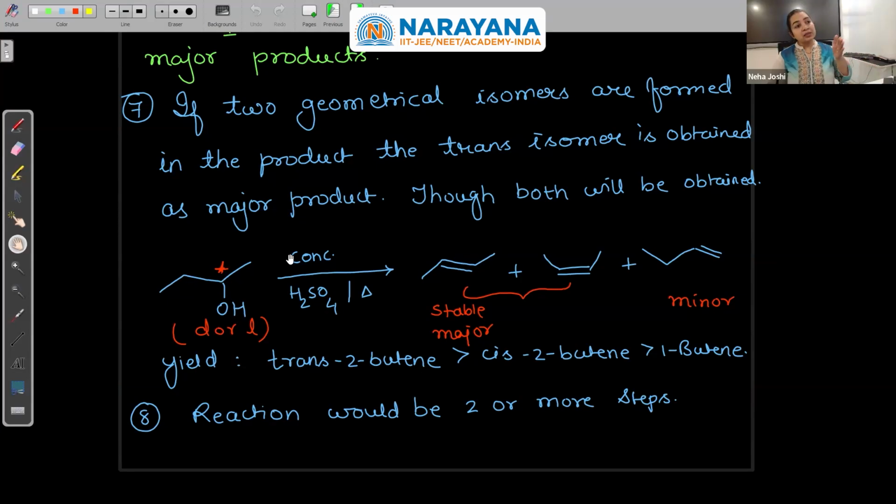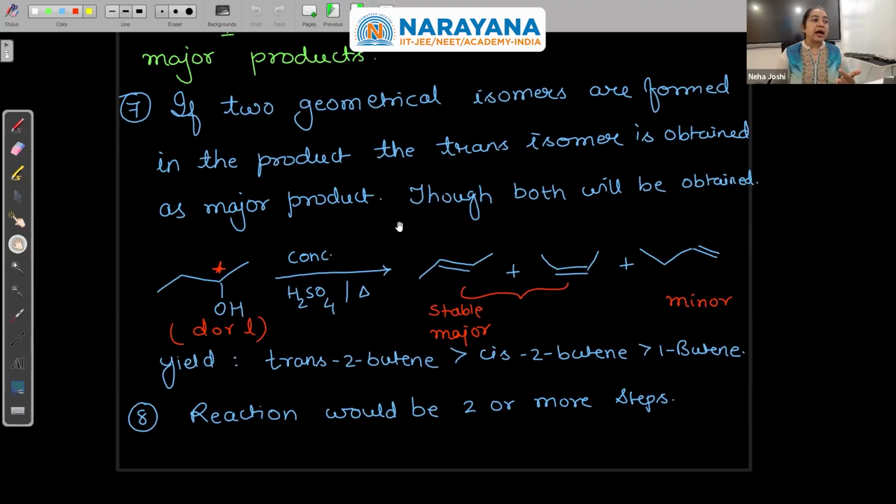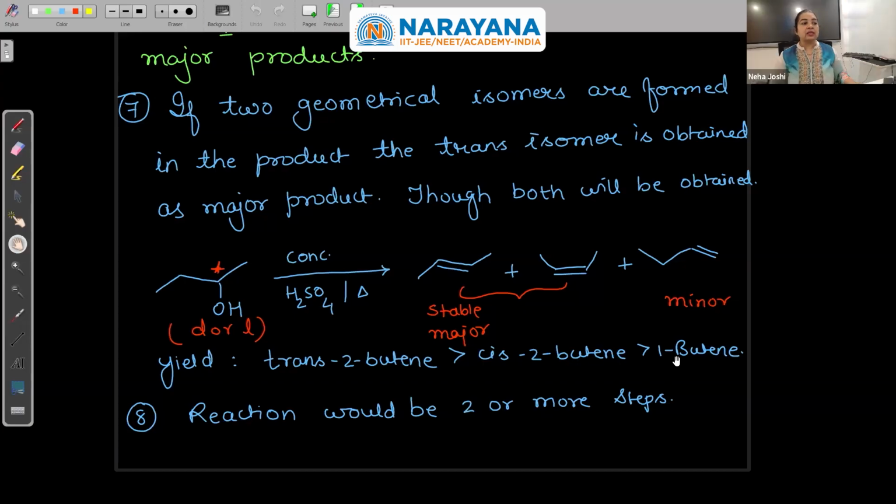Regioselectivity we have done. Now, amongst the Saytzeff product itself, if I have a choice of geometrical isomers to be obtained, and there is a possibility that it can exist as cis and trans, then in E1 the trans isomer will be obtained as major. For example, if I talk of D or L of 2-butanol, the dextro and levo isomers of 2-butanol, and take concentrated H2SO4 and heat, then see what we are having. Minor is 1-ene, major is 2-ene. Out of these also, the yield of trans-2-butene is more than cis-2-butene,